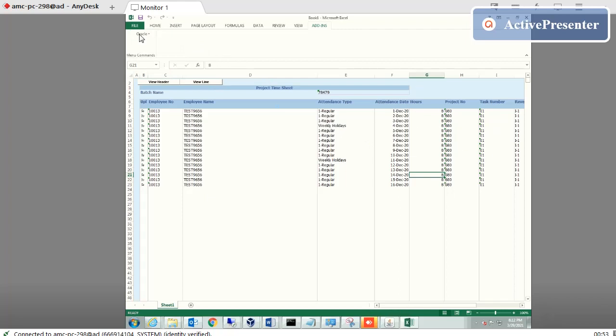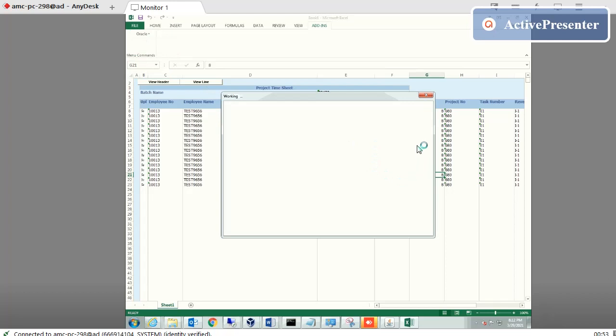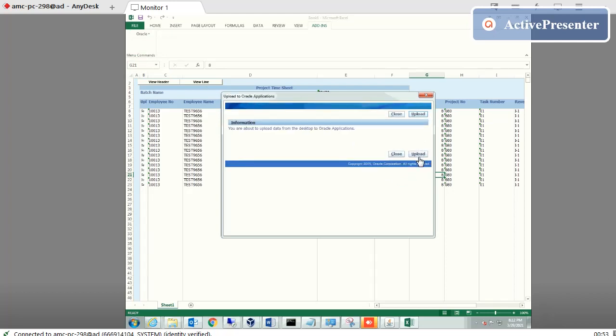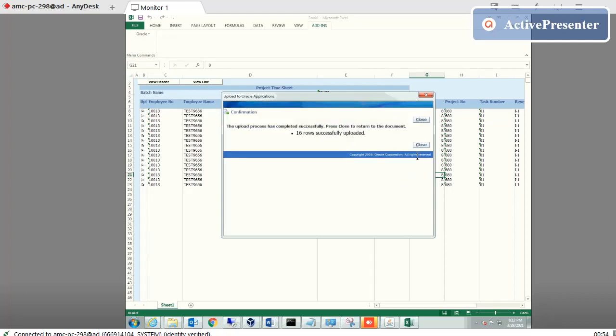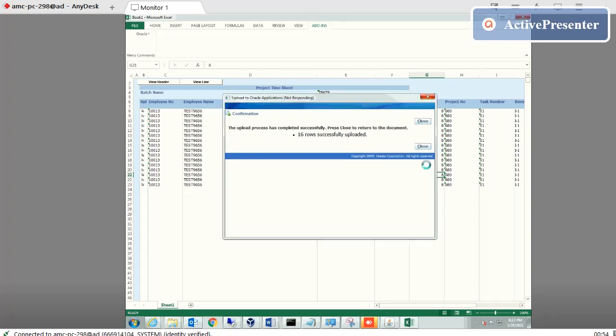After correcting this data, you can upload again. What confirmation comes? That the upload process has been completed successfully. So 16 rows successfully uploaded.